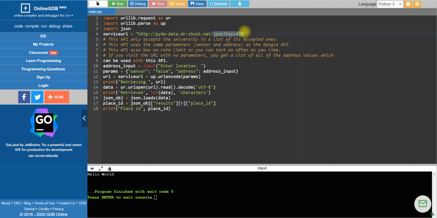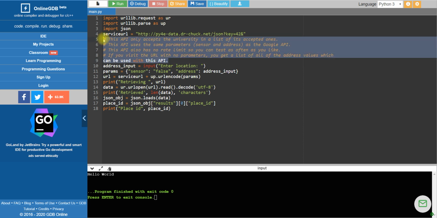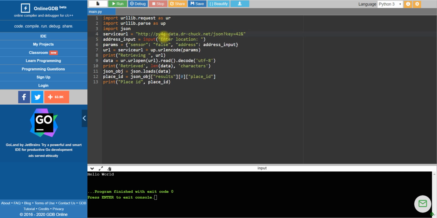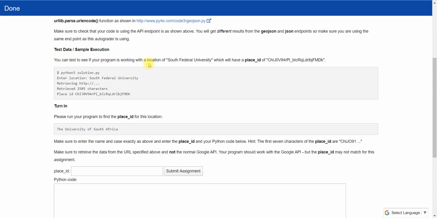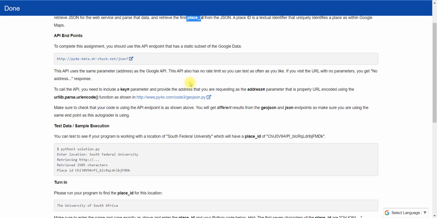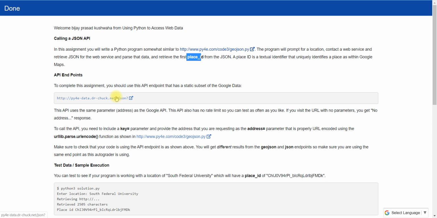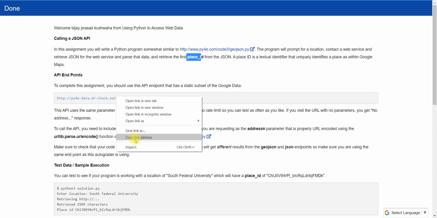Coming to the GeoJSON API, you have to write here just the GeoJSON API, question mark, and double inverted commas. Okay, got it? I hope you got it. And this is the thing which can be used in the API. So I will remove this command line for the time being. And this is where you have to put the service URL. This is the URL, so to complete this, you have to use this.